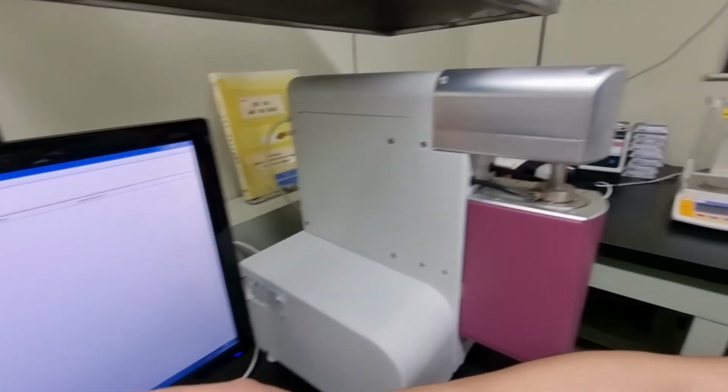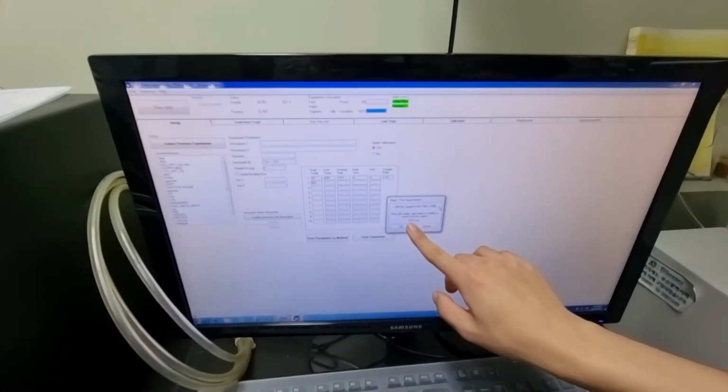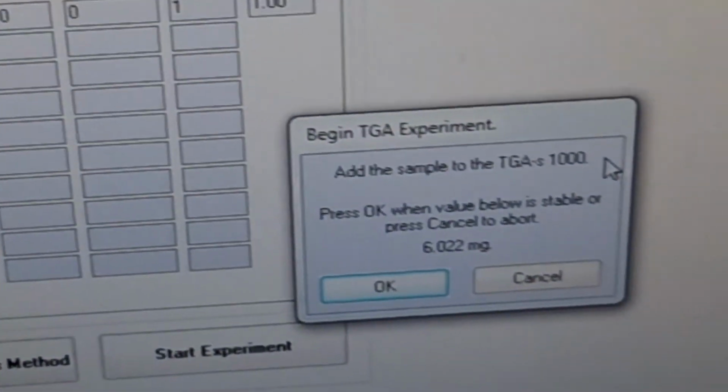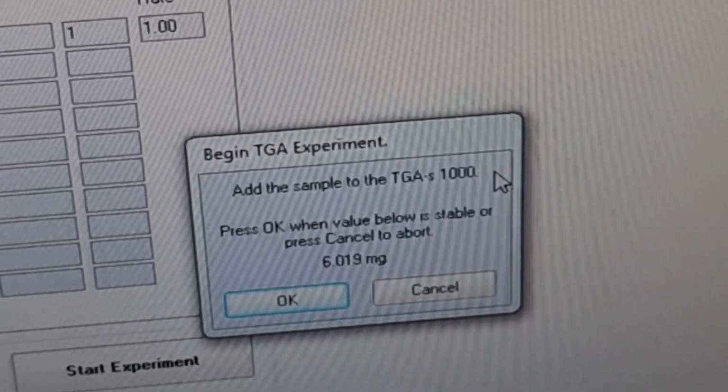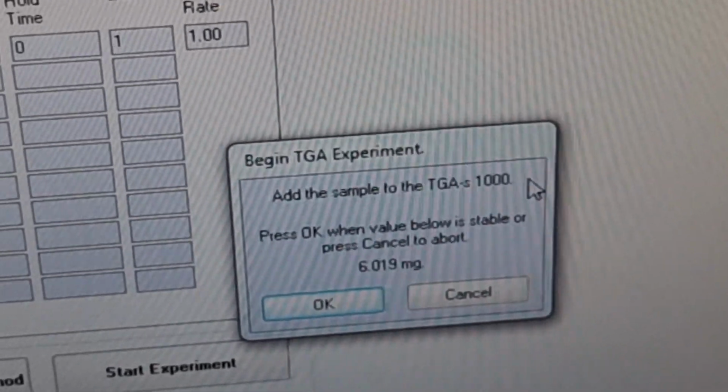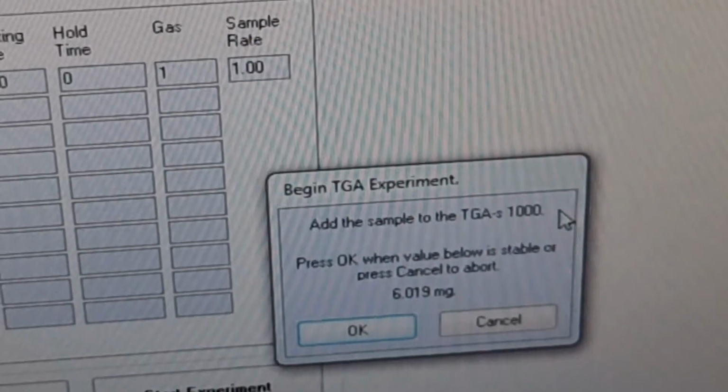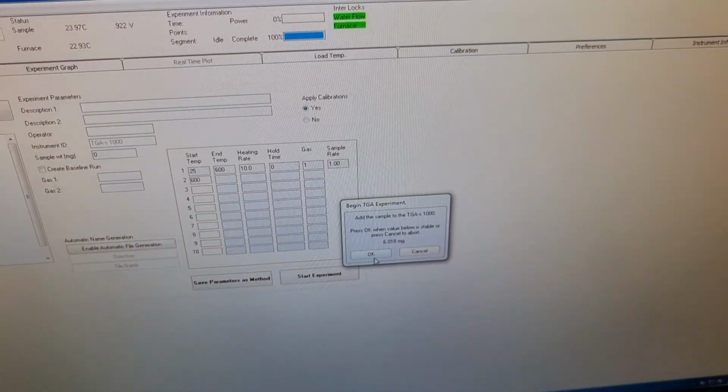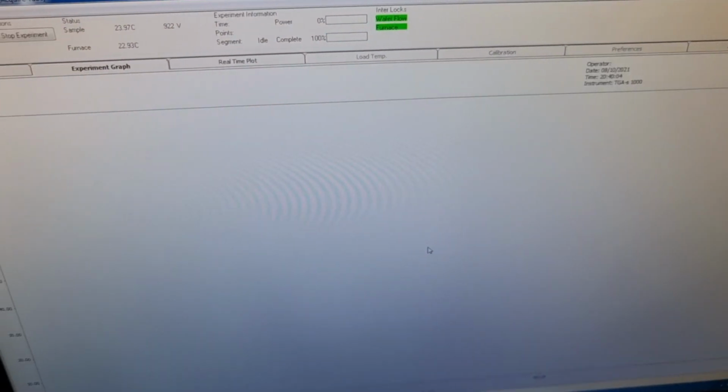So you can see that this is a bit changing, but if it stabilizes, you can press OK and proceed to the analysis. So this seems about it. And the process started.